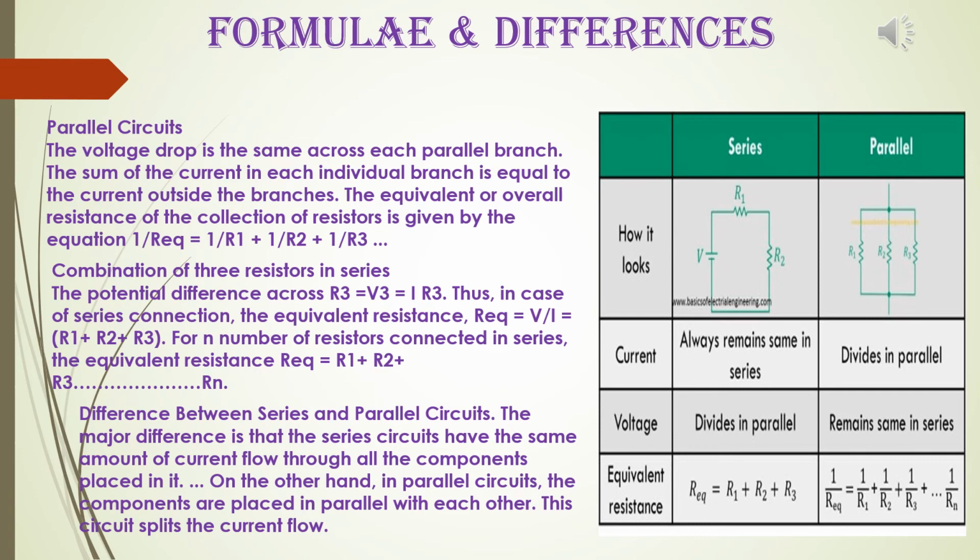Voltage will be the same in parallel combination, that means VA minus VB always. But in case of series combination, it will be divided. That means for R1, it will be V2 minus V1. For R2, it will be V3 minus V2, like this, and so on. And the last point, formulae given, and the first point, diagrams given.